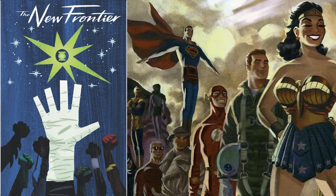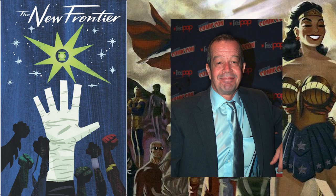I didn't know what to expect out of this book. I had a vague idea of who the Justice League were, but the look of the poster completely knocked me on my ass. I couldn't believe that something could look like that. At the time, I was drawing a little bit, but I was still a music major, still figuring out whether this was something I really wanted to be doing. I didn't think comic books had a place for me and the way I draw, so maybe that wasn't a viable career choice. But then I saw Darwyn's poster, and it's not that I could draw anything like Darwyn could,